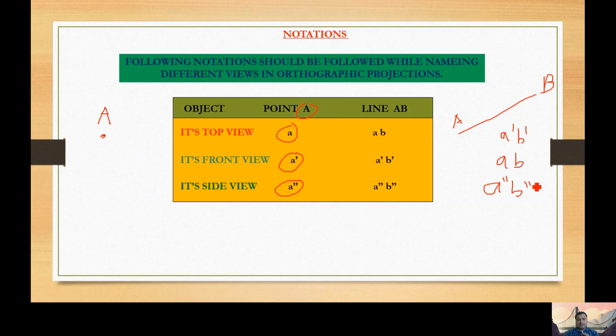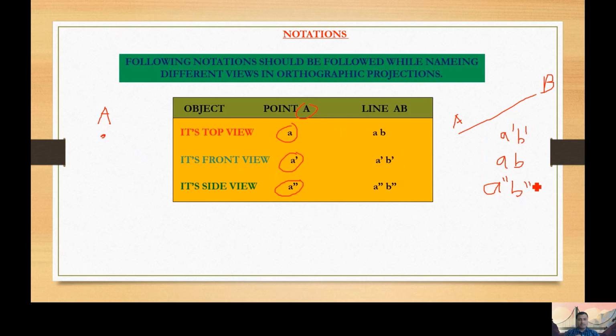Now I will be concluding what we have gone through in this lecture. We have seen the projections. A projection is an image which converts the 3D object into 2D, and the images are called views. Now I am just correlating each and everything. Views are front view, top view, and it can be side view also, and they are located in a plane. Front view is on the vertical plane, top view is on the horizontal plane, side view is on the profile plane. How are these views going to be located and oriented? By means of first angle or third angle.